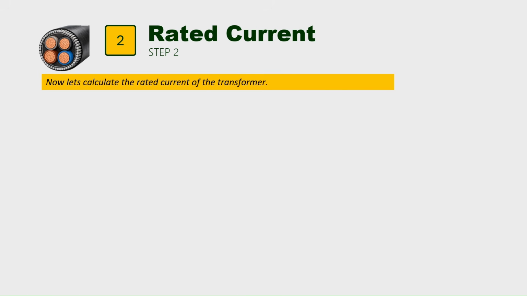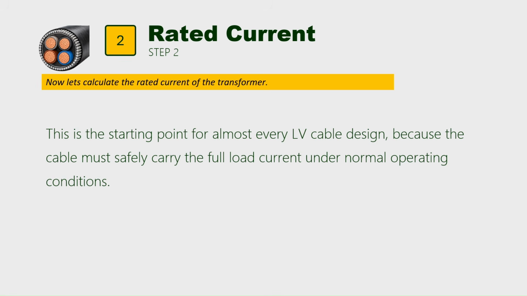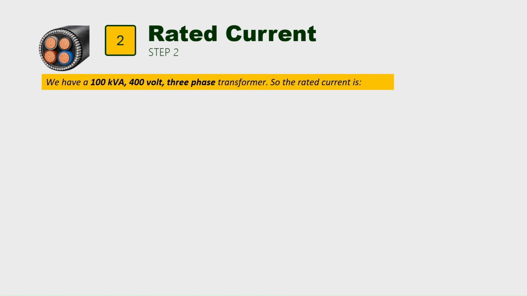Now let's calculate the rated current of the transformer. This is the starting point for almost every LV cable design because the cable must safely carry the full load current under normal operating conditions. We have a 100 kilovolt amperes, 400 volt, 3-phase transformer, so the rated current is,